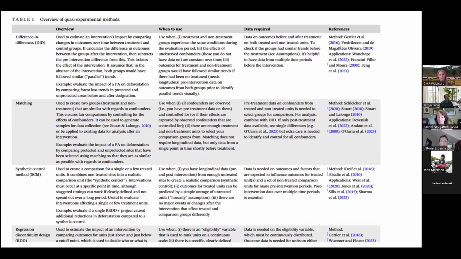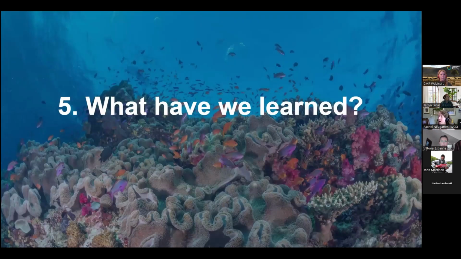So these quasi-experimental methods, the advantage of them is they can be done after the fact, versus a randomized controlled trial, which you have to set up from the beginning, right? You can't do a randomized controlled trial later. So quasi-experimental methods can be done after the intervention, but they're very data intensive, and that makes them more challenging to apply. Okay, so quick pivot to the literature.